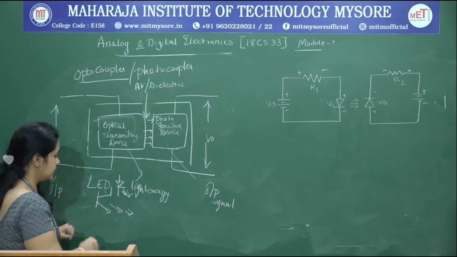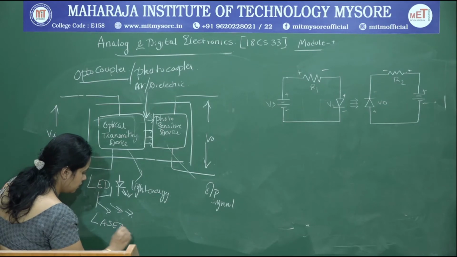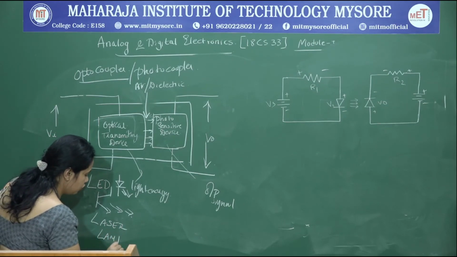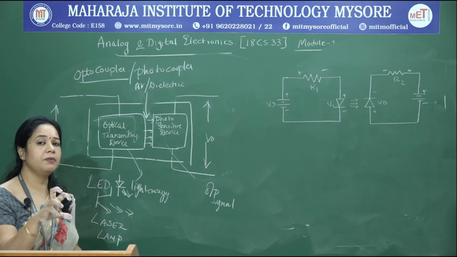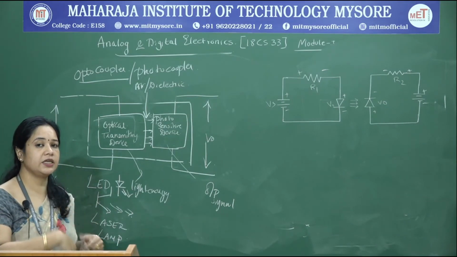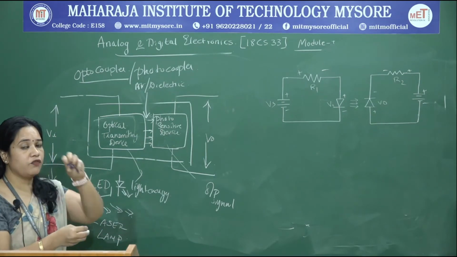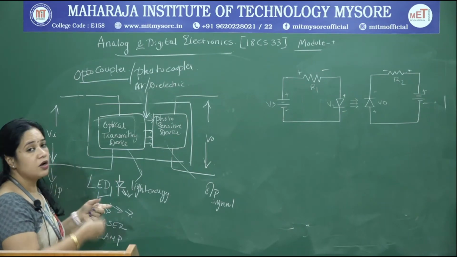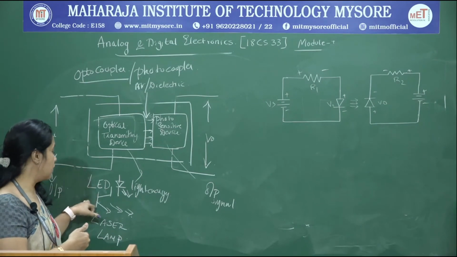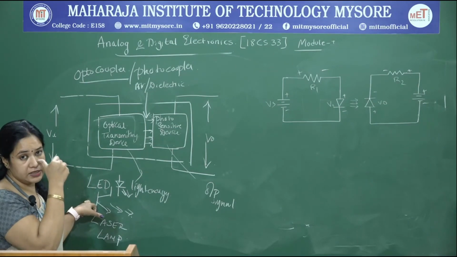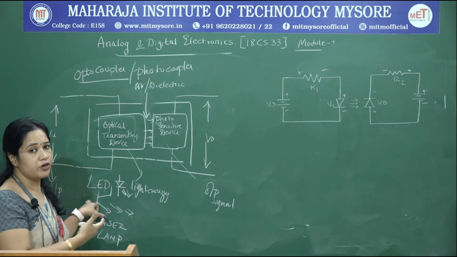So we have a phototransistor, and you could have a laser, or it could be a lamp. So basically all these are optical transmitting devices which are capable of converting your electrical energy into light energy. So light emitting diode, it produces a light of suitable intensity depending on the forward bias used for biasing this light emitting diode. And likewise you have phototransistors.